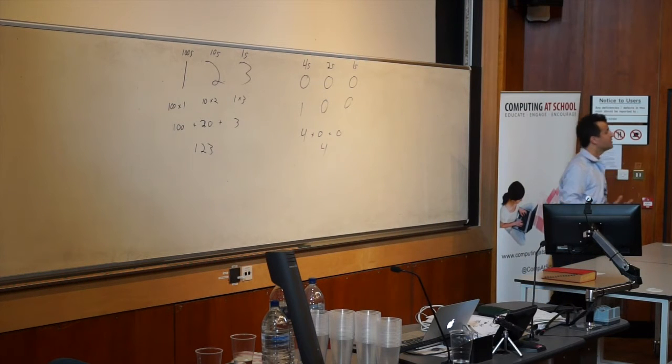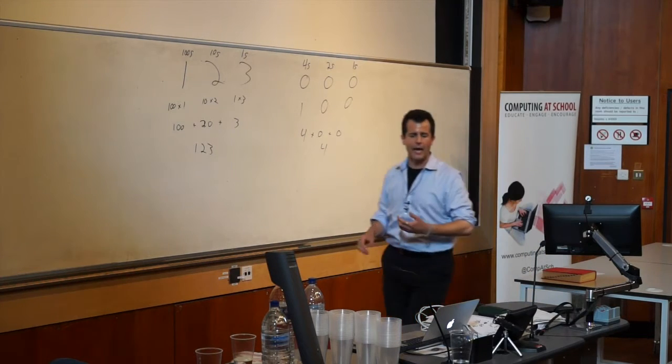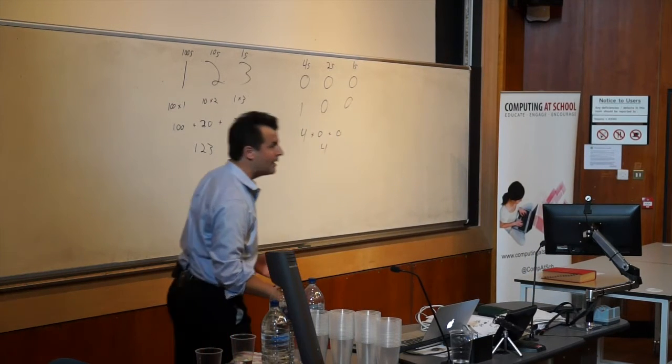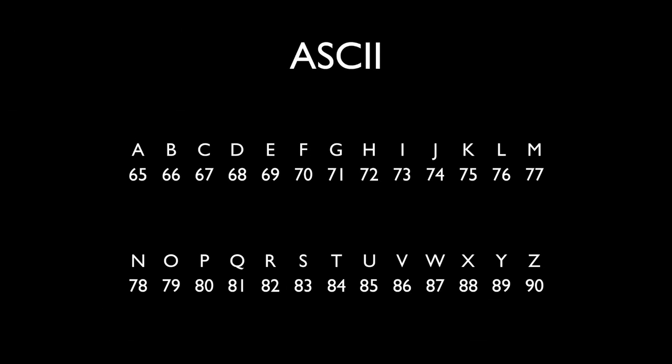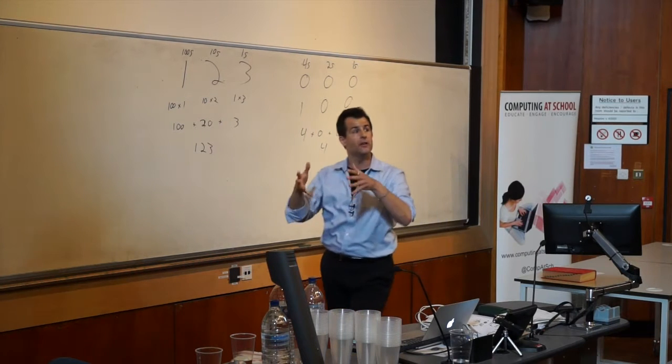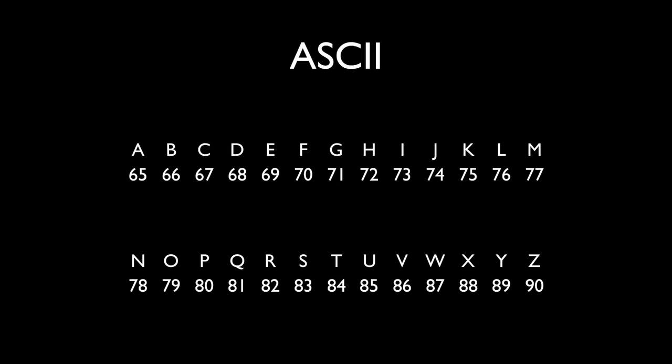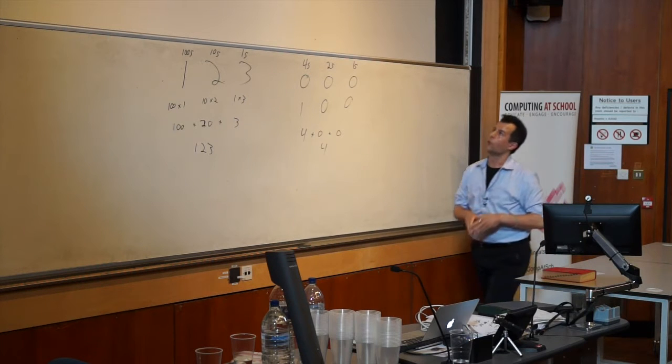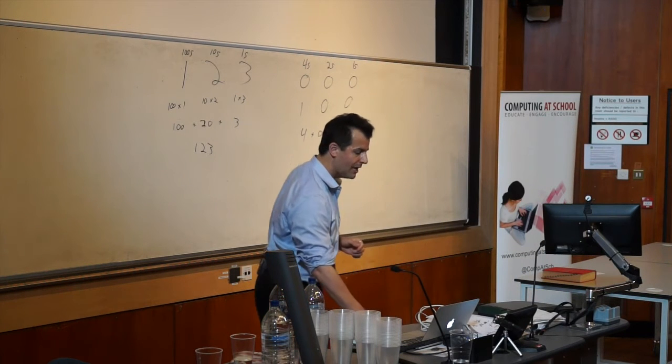And we say, well, if you want to actually represent text now, or send an email, or write an essay, how do we actually store that kind of information in a computer if all we have are zeros and ones? And so we claim to students that, well, we simply have to stipulate as humans that some arbitrary pattern of ones and zeros, or some arbitrary number, is going to represent capital letter A. You know what? It's going to be 65. And if you want to store the letter B in your computer, it's going to be the number 66, and so forth. And then once you have the mapping, or ASCII in this case, from numbers to letters,